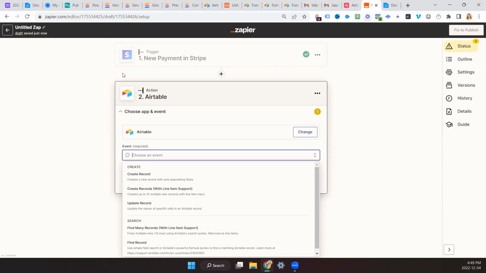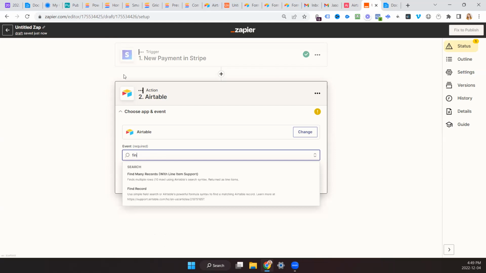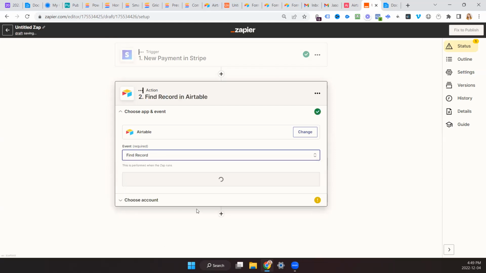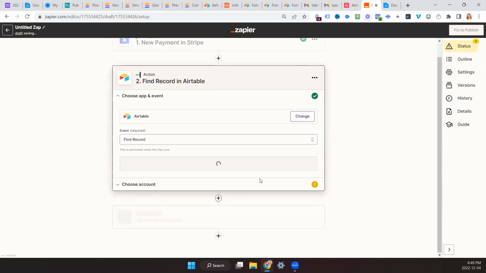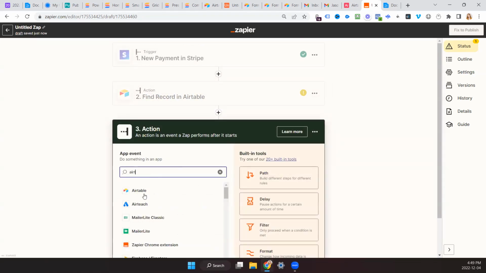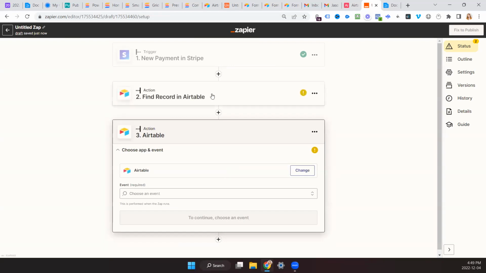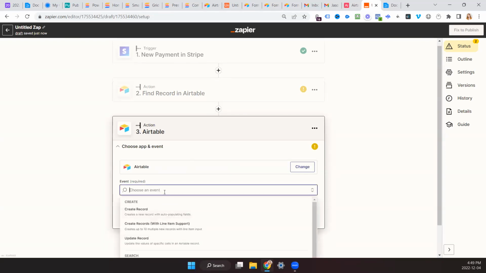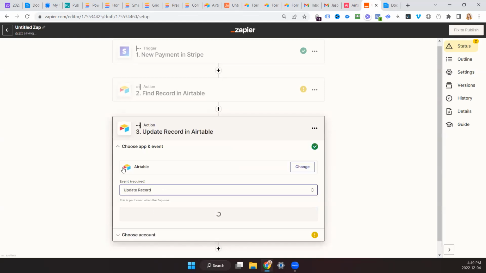Yeah, and that way, first we just find record. And then we're going to do Airtable again. So we're going to find a record in contacts. Then we're going to update a record in transactions, and then automatically link the row with the new transaction to the contacts in the contacts table.